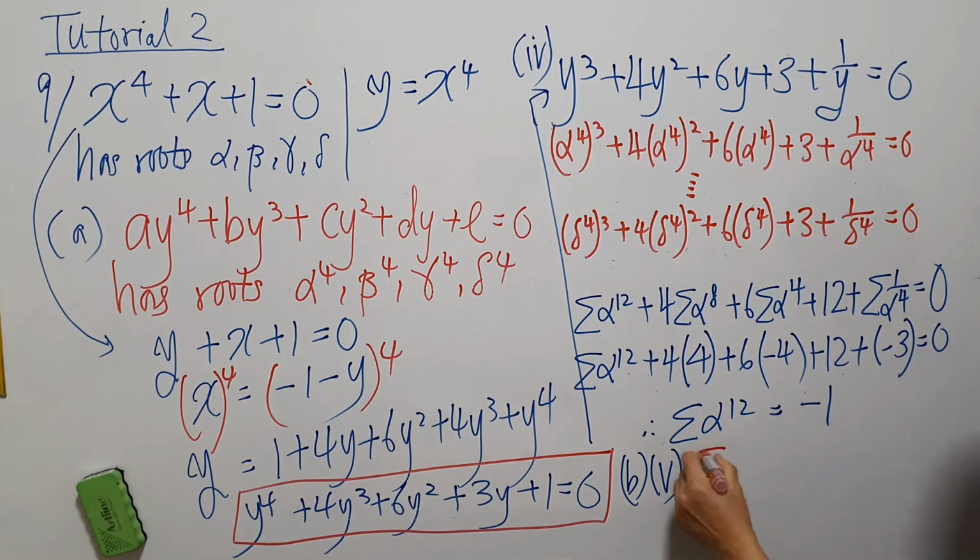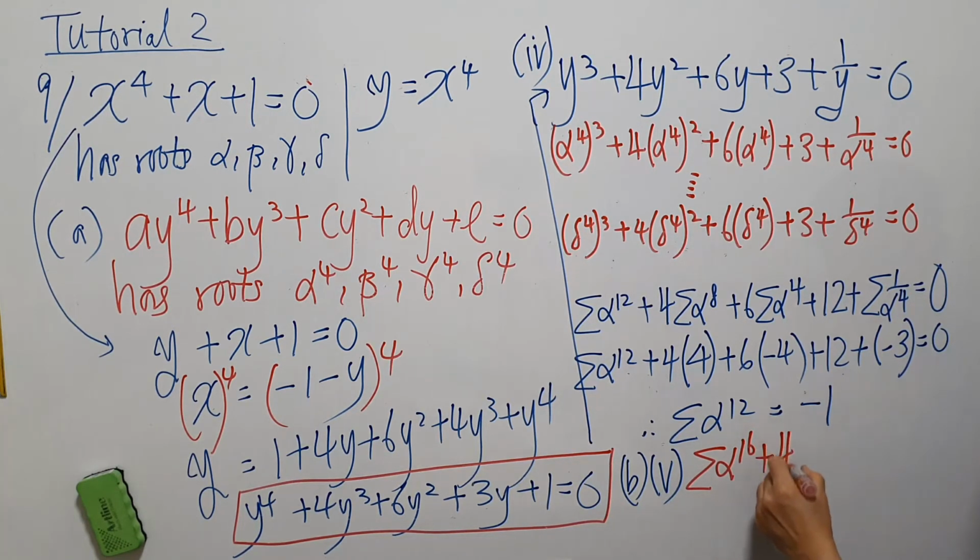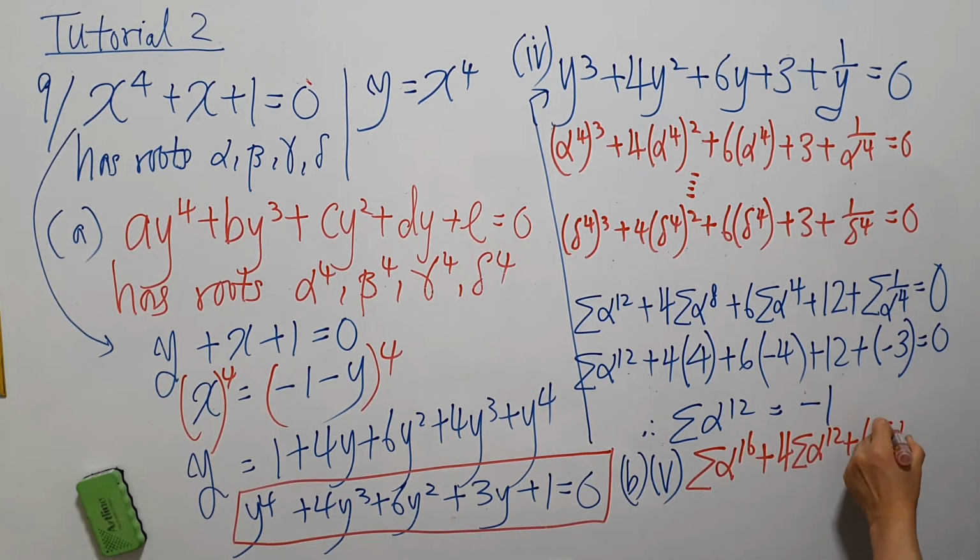I'll get summation of alpha power 16 plus 4 summation alpha 12 plus 6 summation alpha 8 plus 3 summation alpha 4 plus,